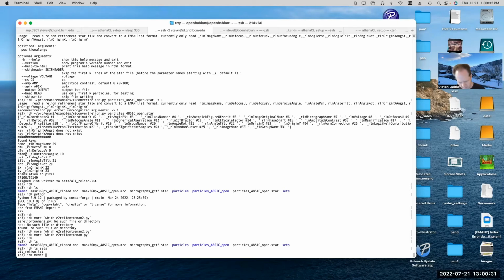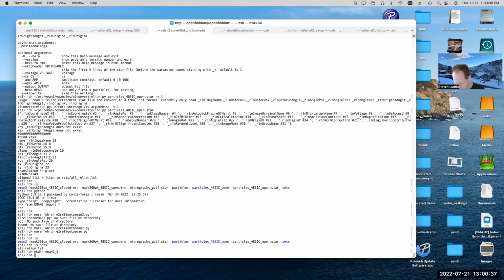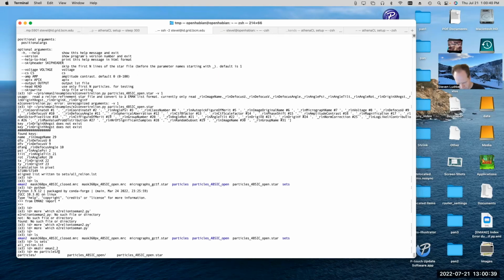So let's make a new EMAN2 folder, and we'll move particles and sets into EMAN2.